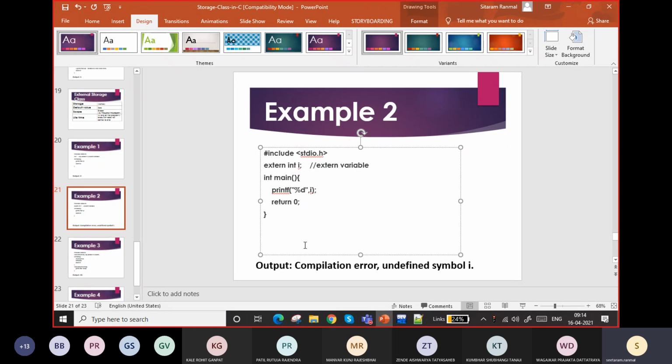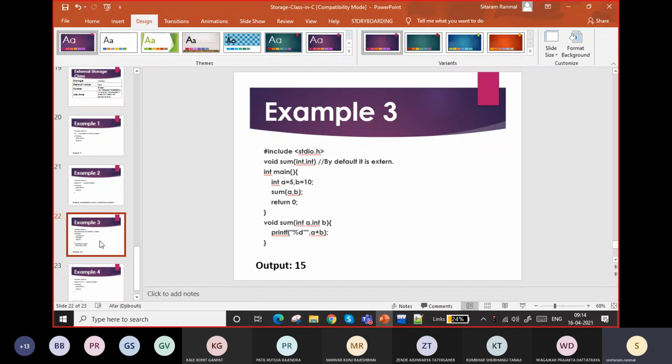Okay, we will come to this slide. There is a problem. If you do not define this, by default it is external, and this function will become external.